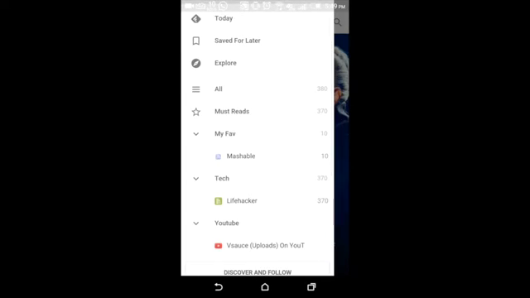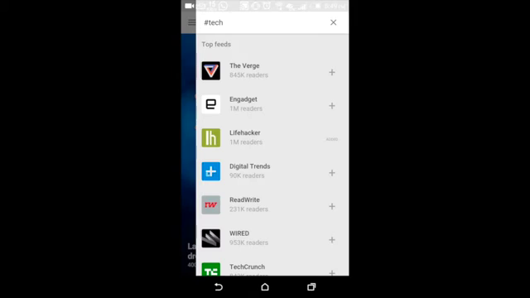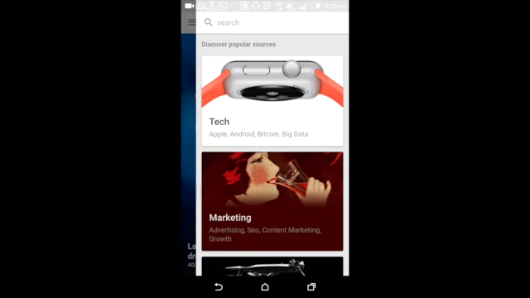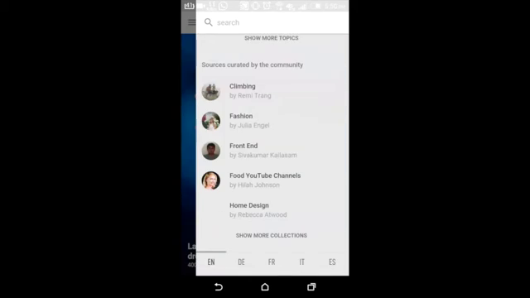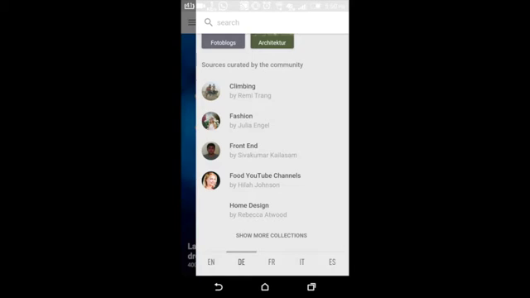If you can see, all my fave Mashable. So let's go back to the Explorer panel, and let me cross it out by pressing the cross button on the right upper corner, and we are back here. So it also gives you curators by community, and you can select connect. If you see, it's English and French.